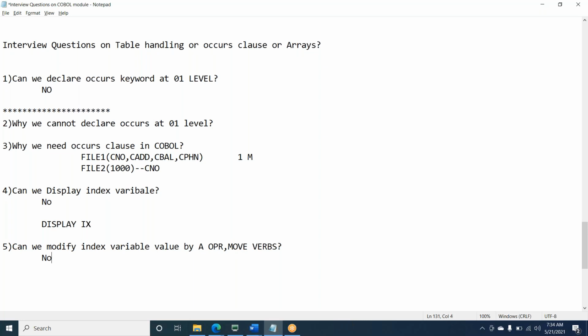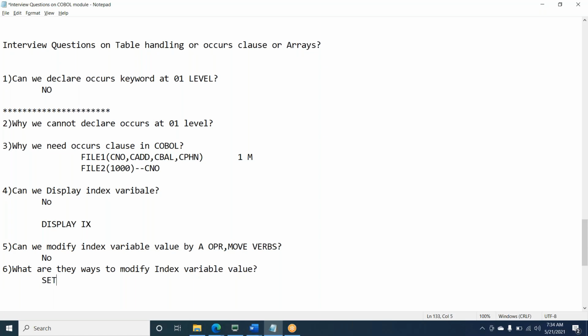Either SET or PERFORM. So what are the ways to modify the index variable value?